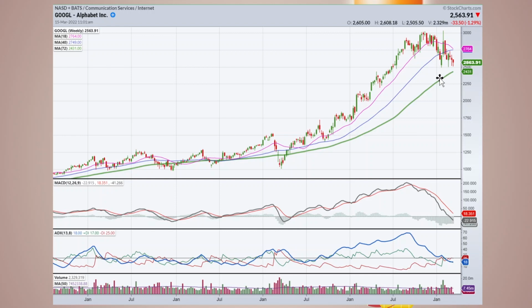So does that mean I go diving in at this stock at 2,700, 2,600, 2,500 just because it's come down to support? No, I don't like to do that. I go down to the smaller time frame and look for a sign that we're getting a shift back to the upside off of this key level. But this is a stock that I would have on my watch list to see if it can survive this market weakness that we've been having recently.